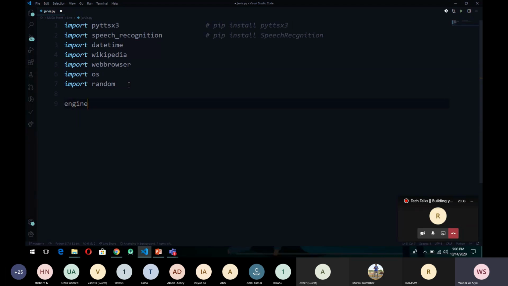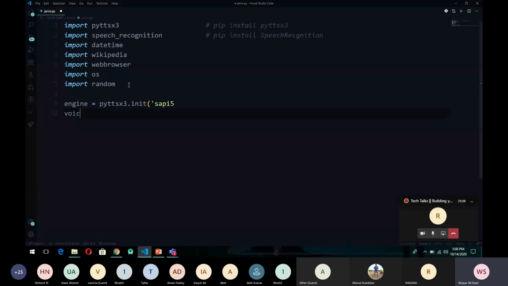So first we will get a reference to our engine. I told you that for Windows we use SAPI 5 to get those two voices, one for female and one for male.